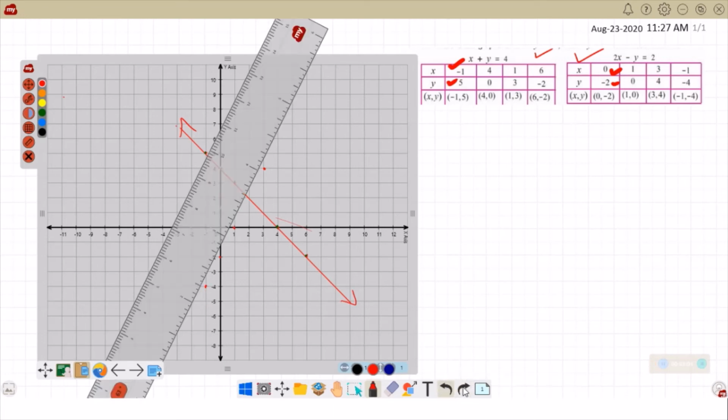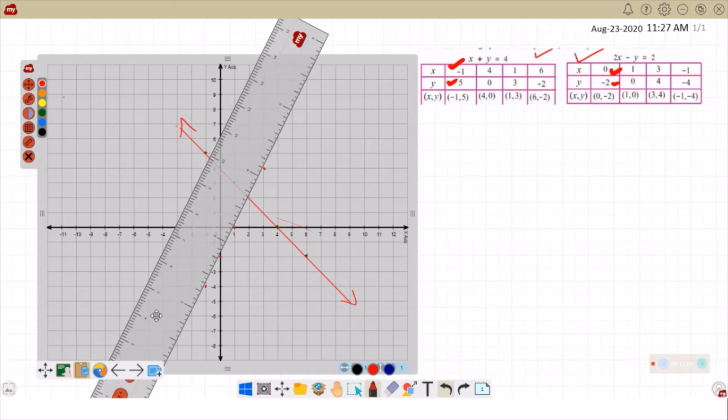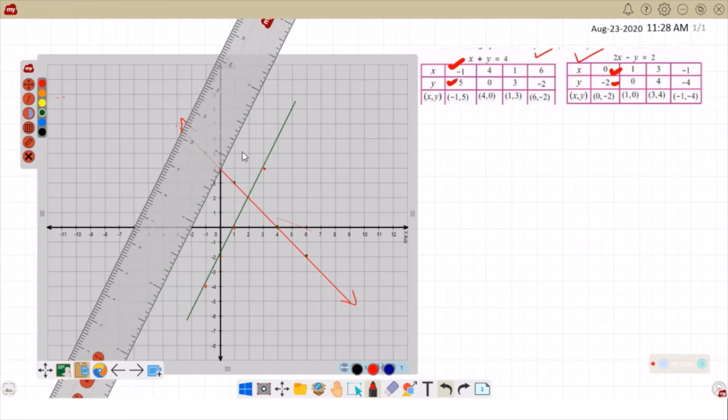Okay, so now I have to take the pen and pencil and draw the line. Let me draw it in a different color. We have to make maximum use of our facilities. Passing through the points, approximately you got a correct line over there, and you can see that another line we got, and both these lines are meeting at a point here. It is a little off because of the digital pen and pencil.